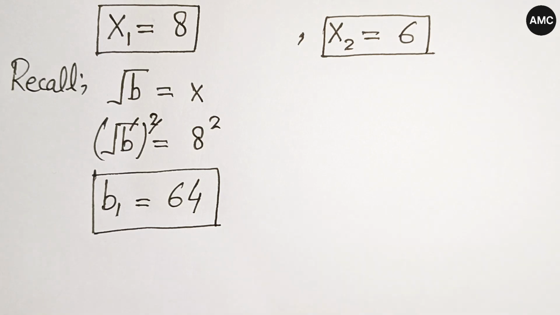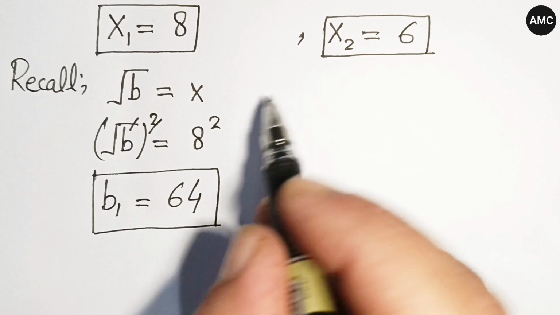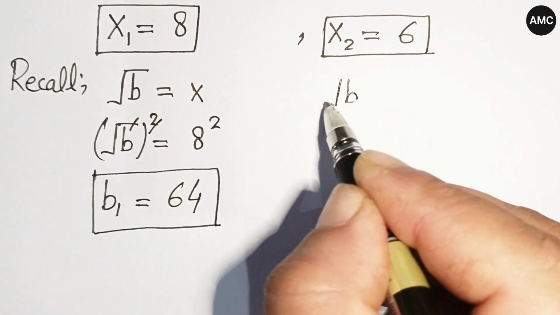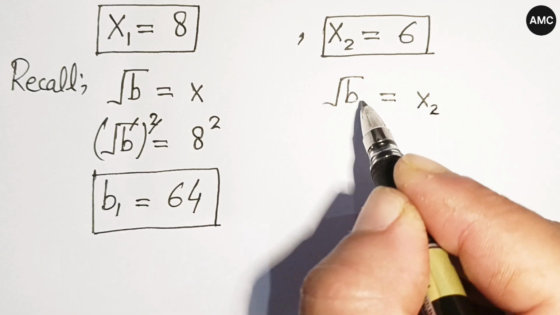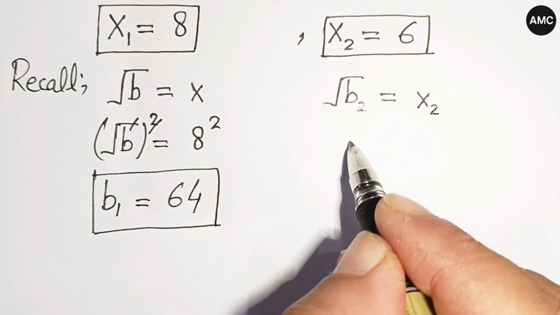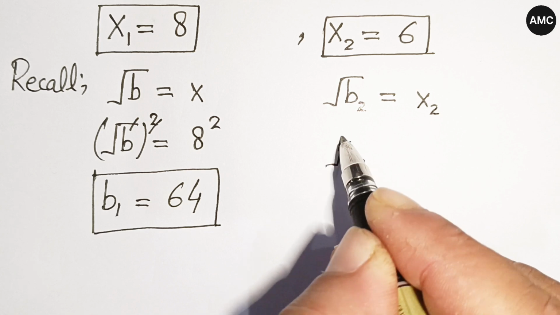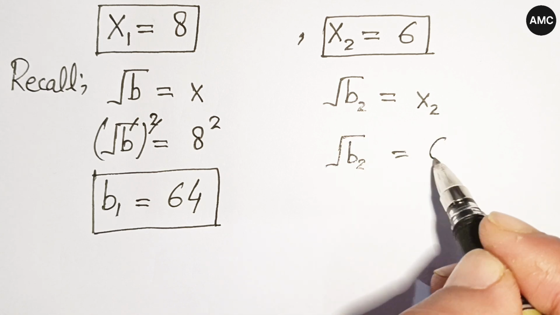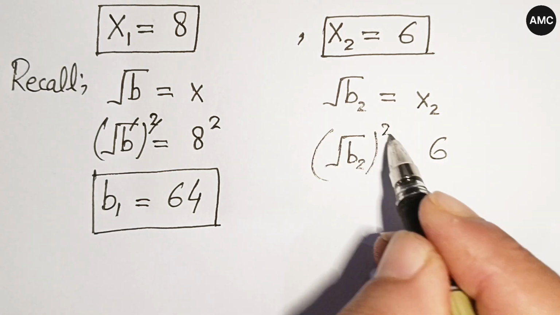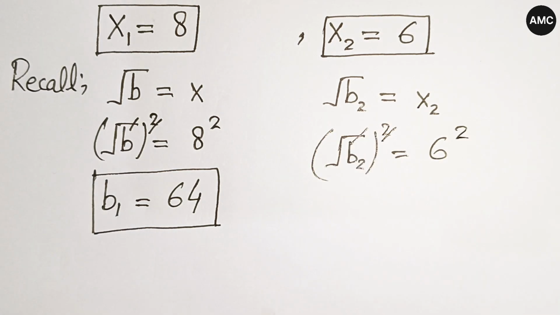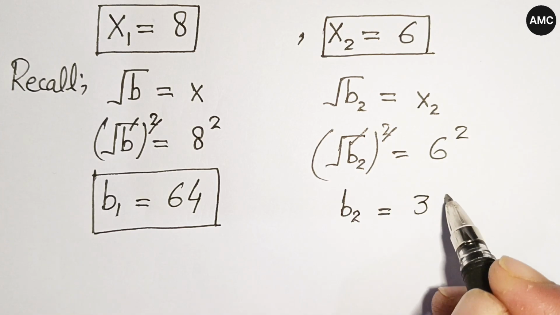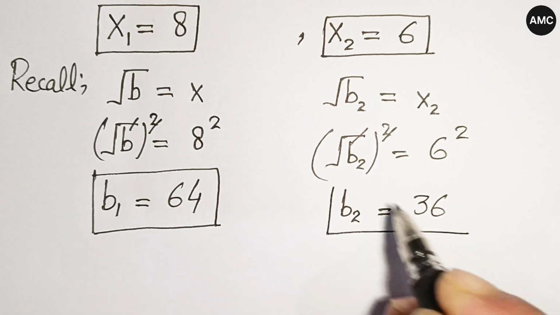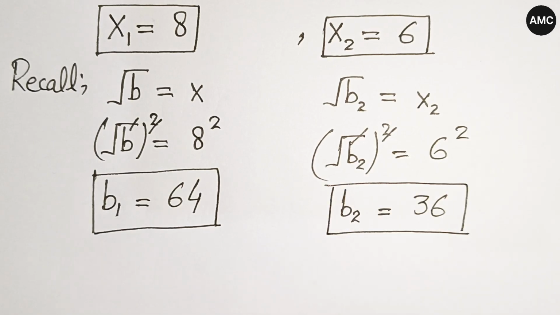Here we have the second value, that is x2 is equal to 6. Again recall this equation, so square root of b is equal to x2. Here we have x2 and it is b2, so we will get square root of b2 is equal to x2, which is 6. Now taking square on both hand sides, this square is cancelled out with the square root. We get the value of b2, which is 6 squared, that is 36. Now we have two values of b, and it is easy to find the value of a by using these